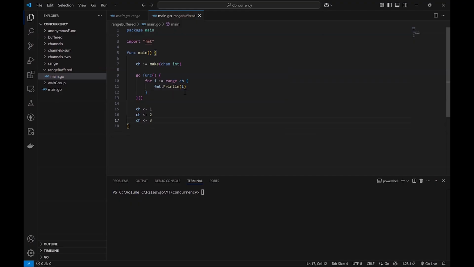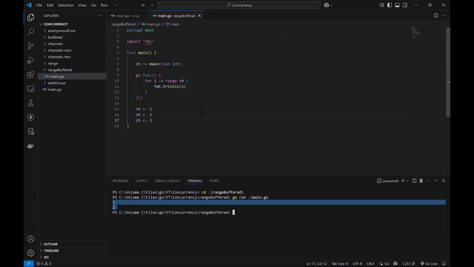So will this work? We are putting 1 concurrently, this will be taken back. 2, it will be taken back. 3, it will be taken back. I think this should work. Let us check. Go run main.go. Taking some time. Yeah, it works. 1, 2, and then as soon as 3 was given, see what happened here is